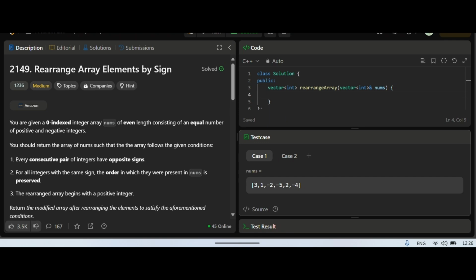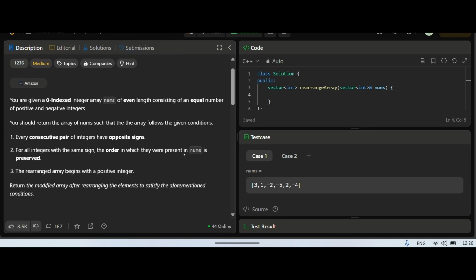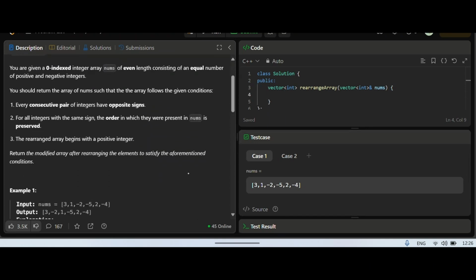Today we will be solving rearrange array elements by sign. It's a very good question. Okay, let me go through the question and then we will take a dry run and understand the problem statement